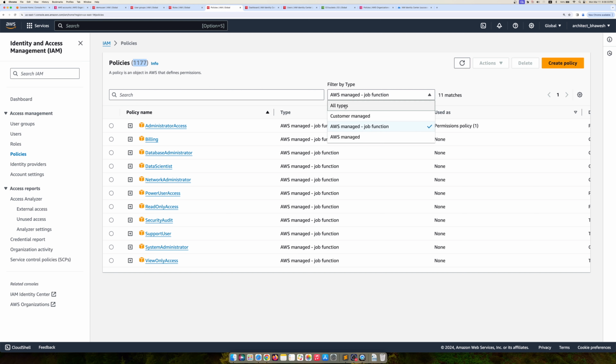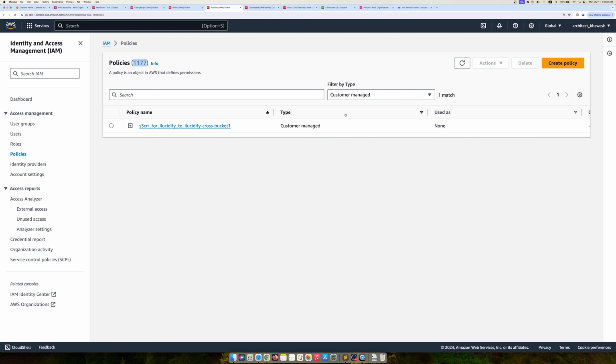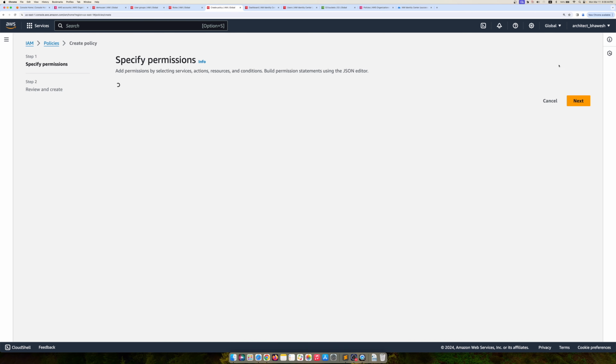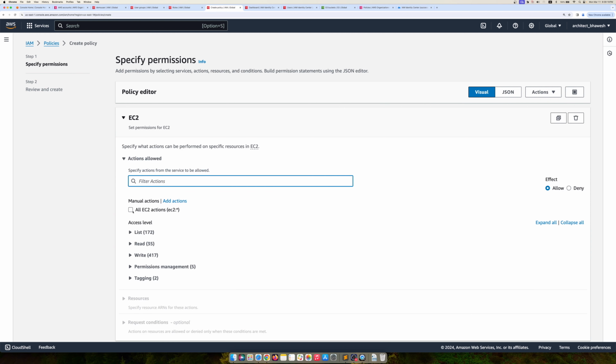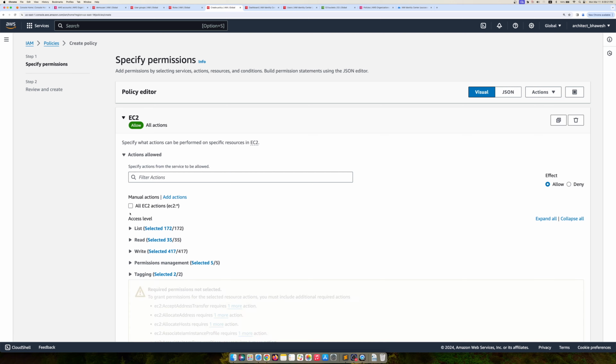You can create your own policies. And if you look at the customer managed, I just created one of them. This was a customer managed. Creating a policy is again simple. You can choose a service. Let me choose EC2 as a service, and I will just say, for simplicity, all actions,